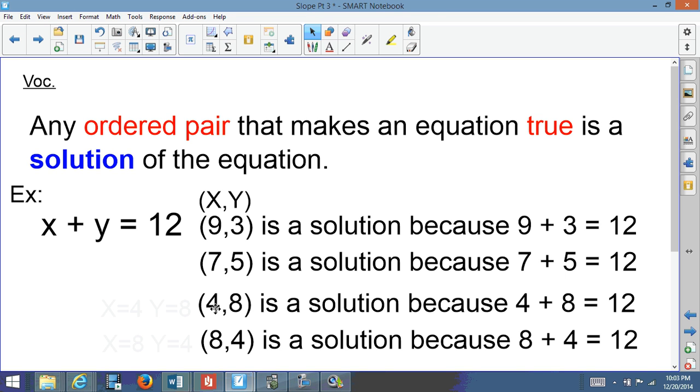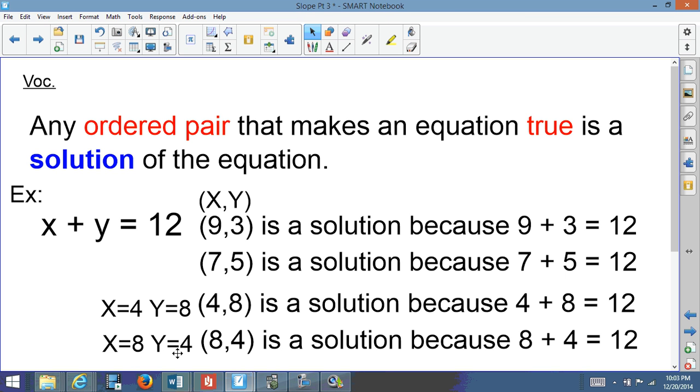And here's another solution, 4 and 8. Now 4 and 8 is equal to 12 when we add them up. But notice here I have 8 and 4 as a solution. Where in the first one x was equal to 4 and y was equal to 8, in the other one x is equal to 8 and y is equal to 4, which is a totally